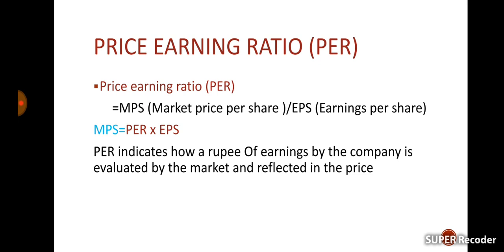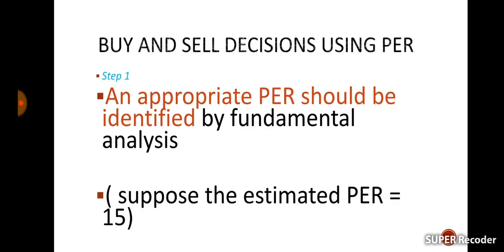Now, the role of PER in buying and selling decisions. PER is equal to closing price of share divided by earnings per share, and PER can change daily. Therefore, it is calculated on the current closing price of the share. Low PER means low earnings, low growth and cyclical balance sheet, and a high PER signifies high earnings, high growth and stability.